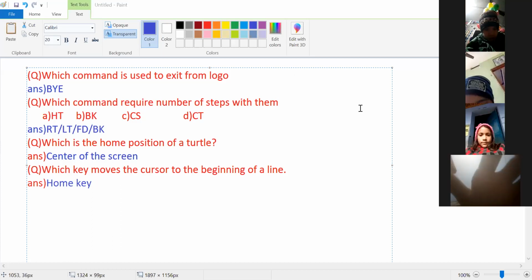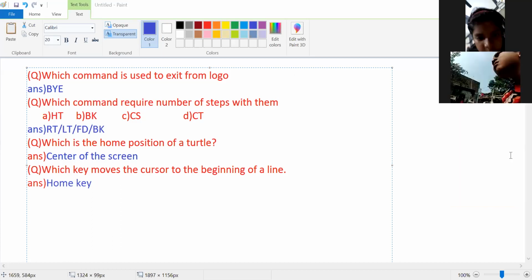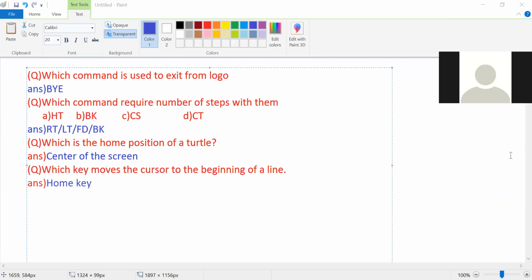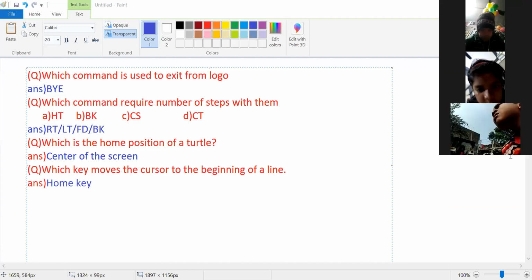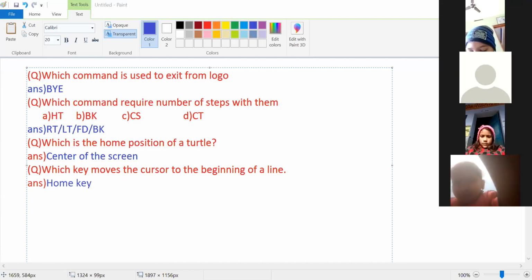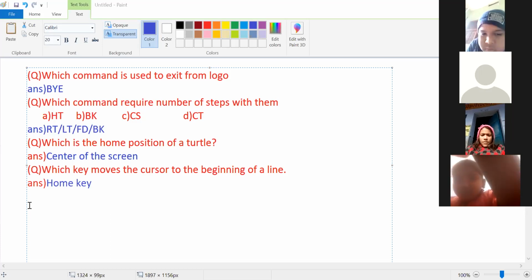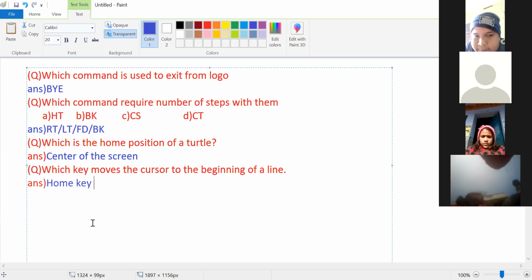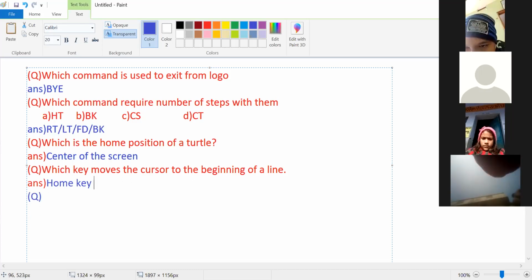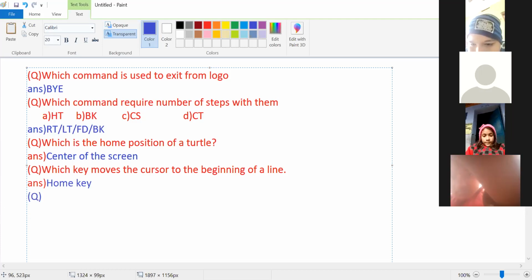Tanu Kumari and Khushi Kumari, both of you, either you speak in the class or you write in the chat box, so that your concentration is here only. You will be in the class only. Does it make sense? Either write here or keep speaking. Then your concentration will remain in the class, not on whatever is going on at home. What is happening at home will not come to your mind.